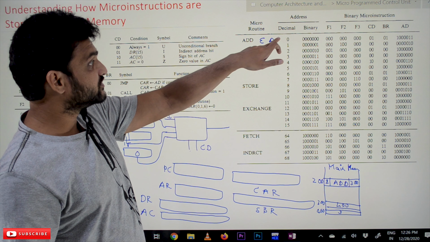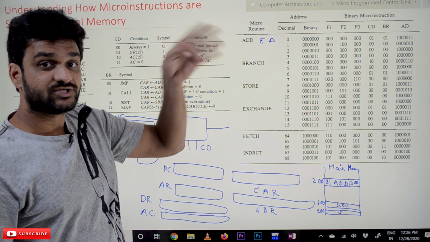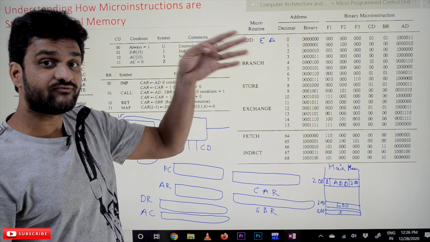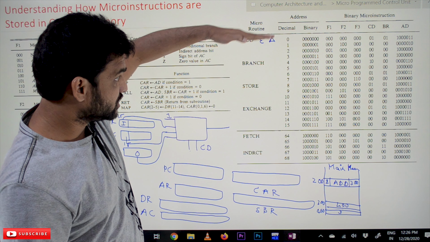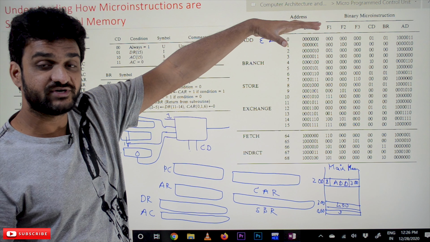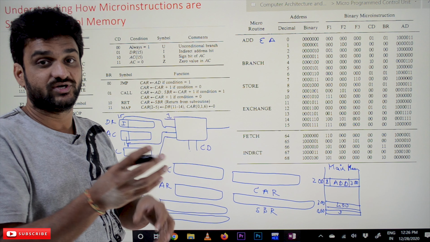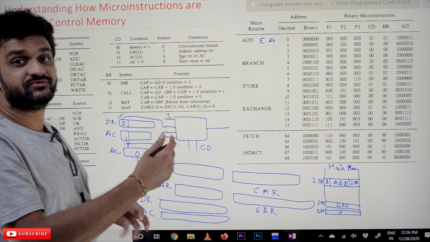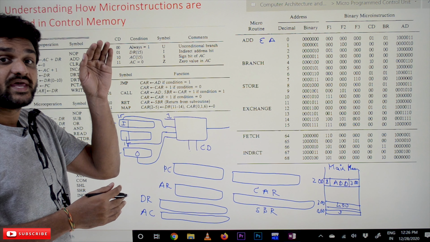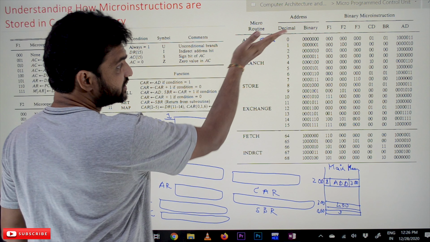So starting from the 0th address, we are going to store the 4 instructions. Every instruction is going to have 4 address values, and this concept we have discussed in our previous video, where we discussed instruction mapping. There we have said that every instruction is provided with 4 address values.